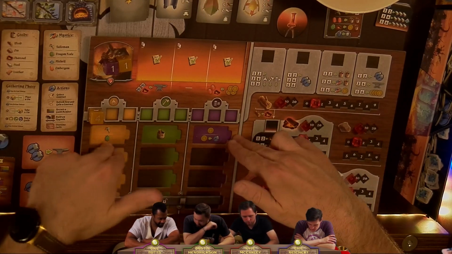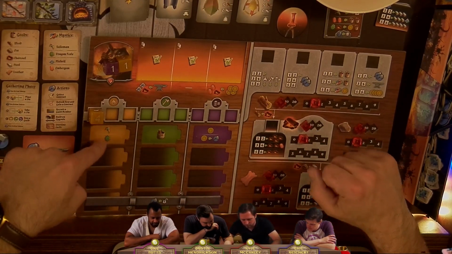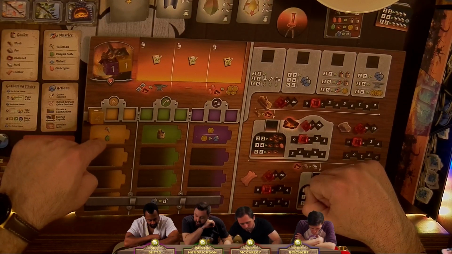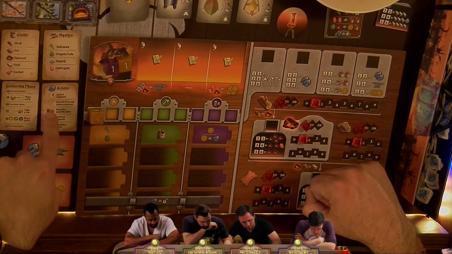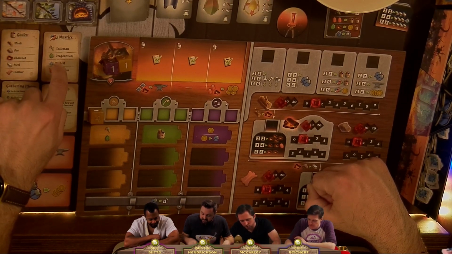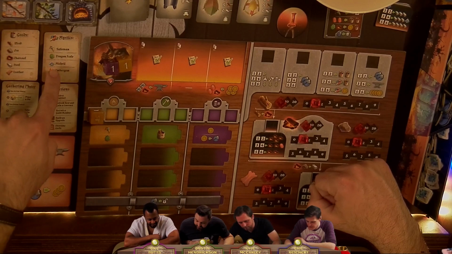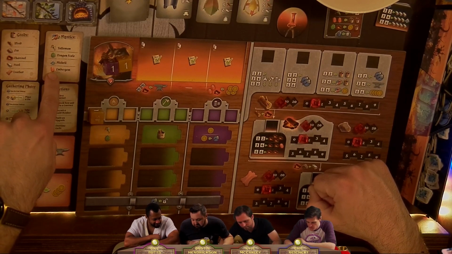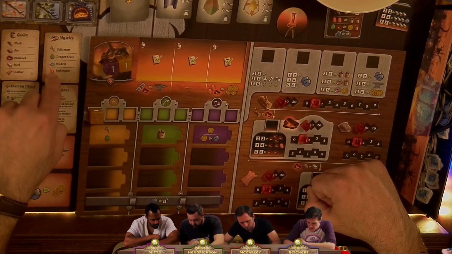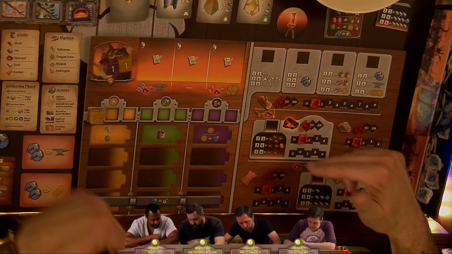So we get one on our starting board, these are all identical for everybody. You get to choose between either a talisman or dragon scales. These are mystic goods. There's a reference card for mystic goods: talismans, dragon scales, mithril, and ember gem. Everything except mithril is going to be used for market exchange stuff,